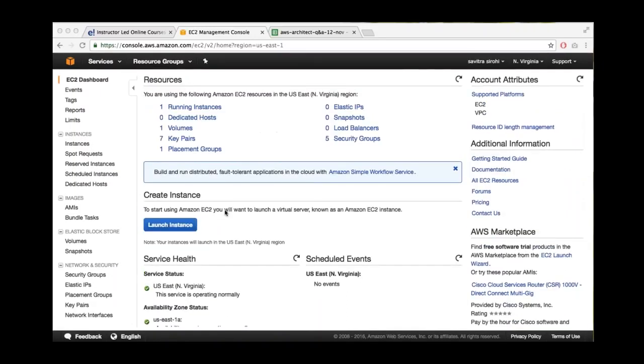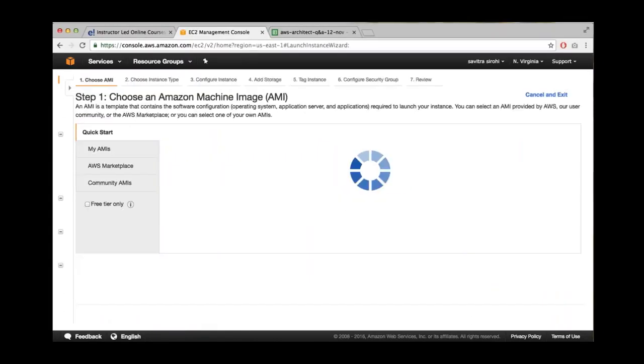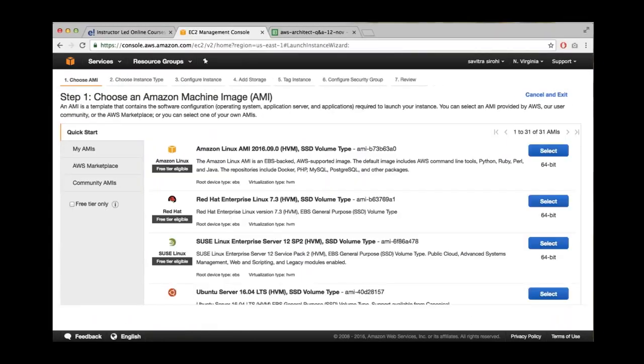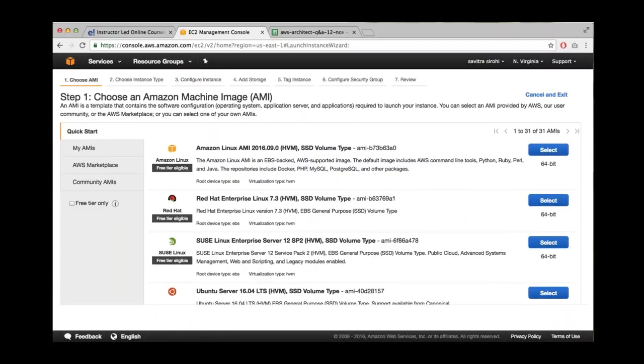Now there are many things to explore. We'll do that in due course, but let's get started. So I'm going to click on this button here called Launch Instance. And when you do that, you can see here the first step. The first step is to choose an AMI, and you can see in the Quick Start menu you have some of